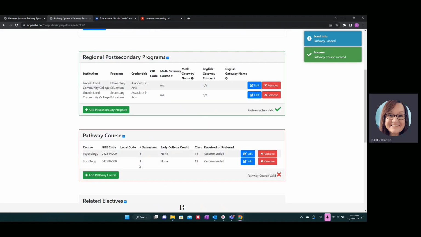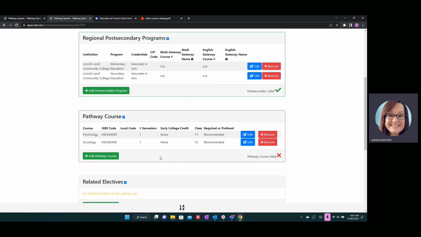Okay, so now we've got those 2. As you can see, I've got 2 courses listed there, and I'm still with the X. So 2 things are happening here. I do not have the number of semesters required because it's keeping a total of that. And I have not identified any early college credit, which is also something that it will tally. So now we're going to go ahead and add those. And these courses I have